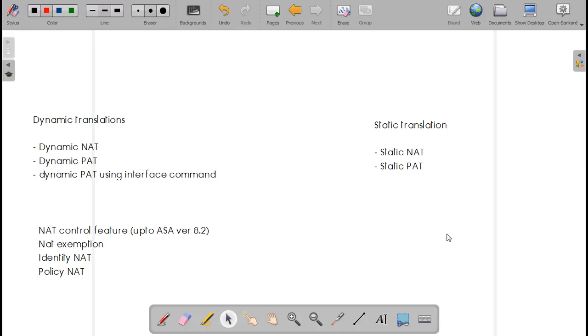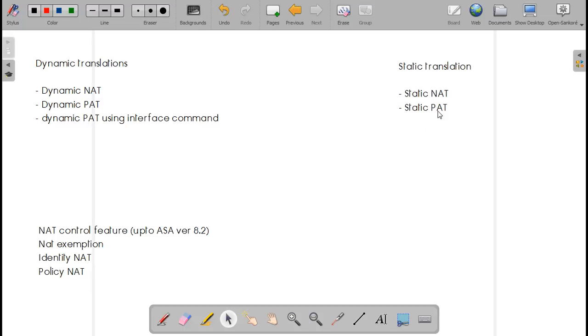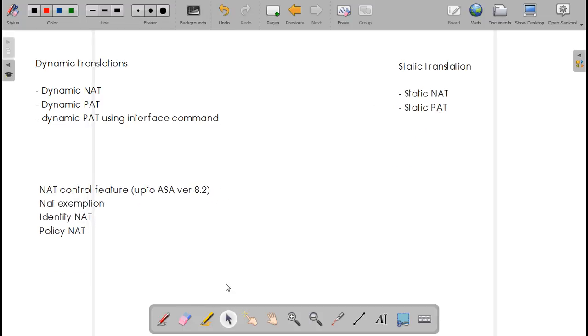So we'll take a look at these three areas.